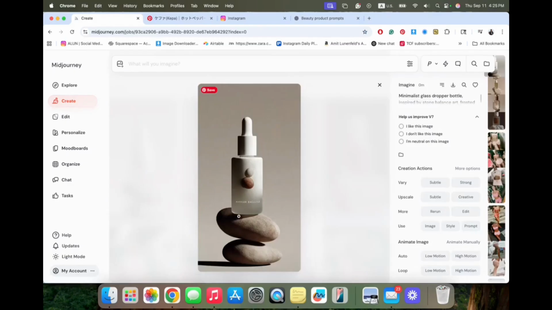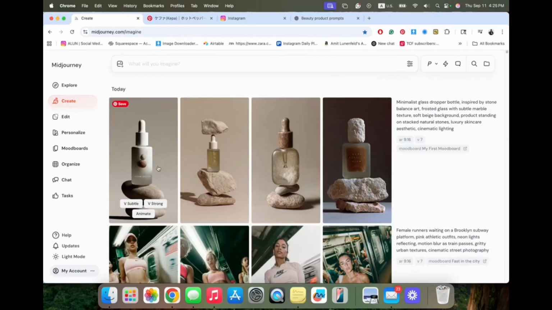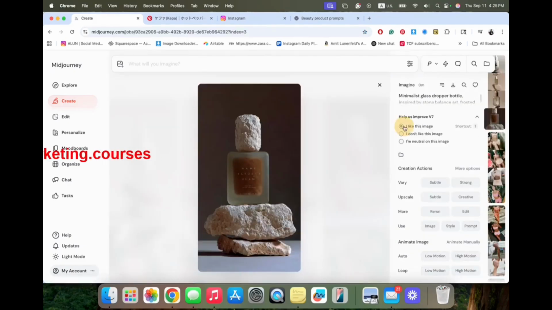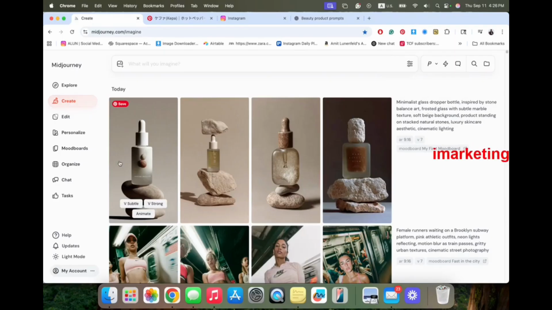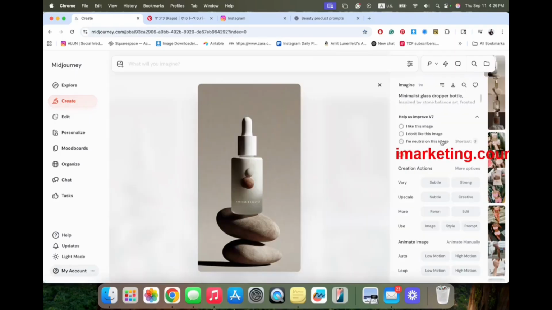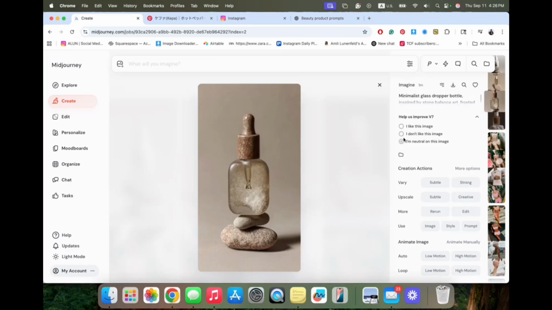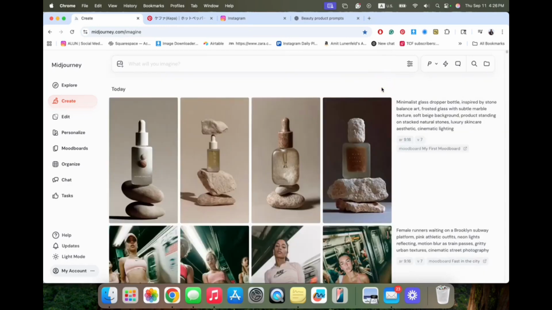This looks also really pretty. All the results we got are pretty. So we can mark, I like this. This is really important to add this stage, because then it shows Midjourney what you like and what you don't like, and you teach Midjourney your taste. I like it, and if you don't like it, mark I don't like it. So later on, Midjourney will know.